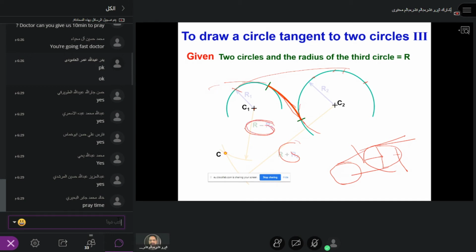R minus R1 is for those where the radius is R and the circle is within the tangent. R plus, if you put it, is away, out of the circle. So when you take this radius here, when you draw the radius, this C circle is within this radius, whereas this circle is outside the radius. That's why here you're adding it, here you're subtracting it. Do you understand what I'm saying? Correct?